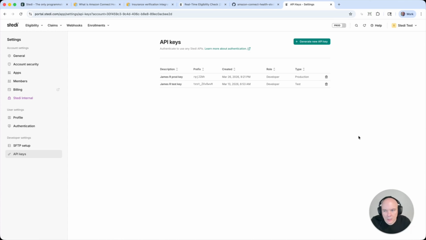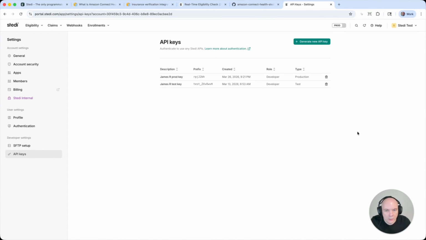Test API keys are great for demos and integration tests for a few reasons. One, they use Stedi's actual API. So you can use the same API endpoints you'd use in production, but test API keys only work and respond for predefined mock requests. What that means for us is that there is no possibility of me leaking PHI. All of the data that's sent out and returned is 100% fake, and the test API key can't actually work